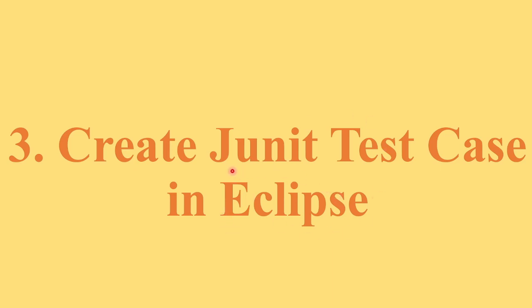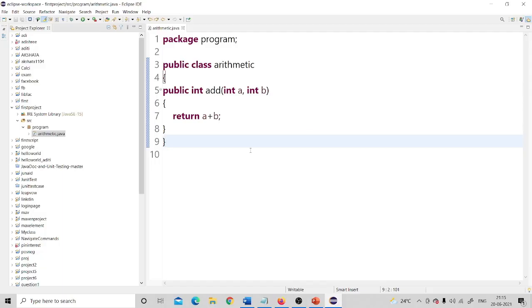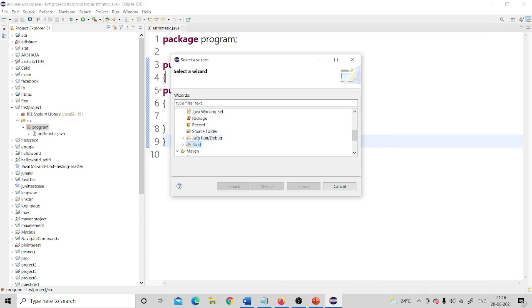So now we'll create the JUnit test case. Go to Eclipse again, right click on your package, go to New, Other. When you go inside Other, you will see JUnit listed. Click on the JUnit arrow and you will see JUnit Test Case and JUnit Test Suite. We use the JUnit test suite when we have many test scripts to test. Now we'll be writing only one test script for testing the addition code which I have written.